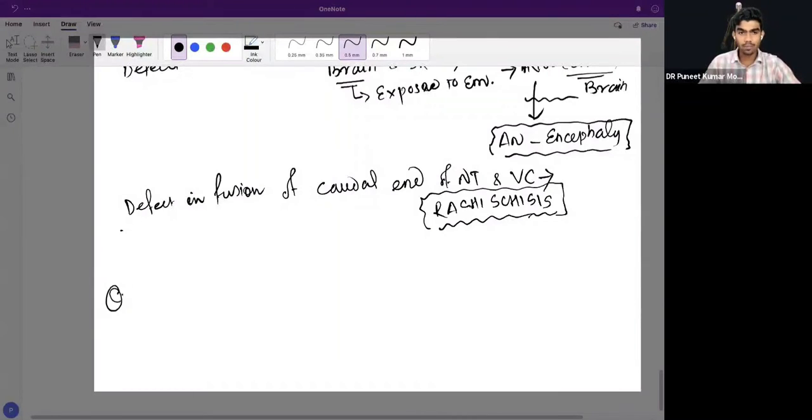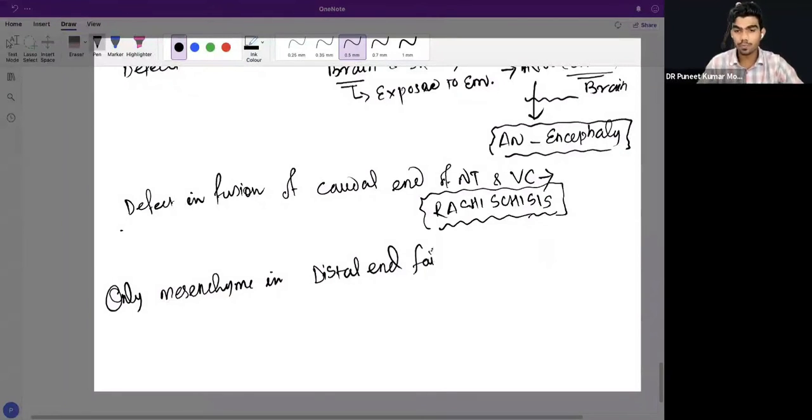If only the mesenchyme in the distal or caudal end fails to fuse, then the spinal cord, which is developed from the neural tube, is okay. Spinal cord is okay. It's well developed. But the vertebral column